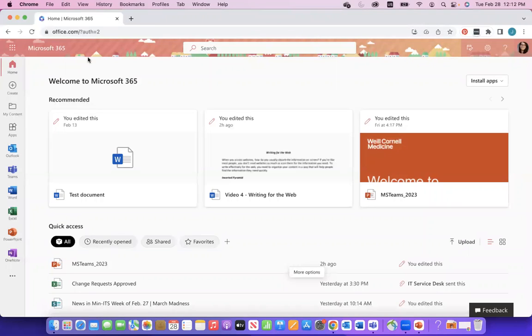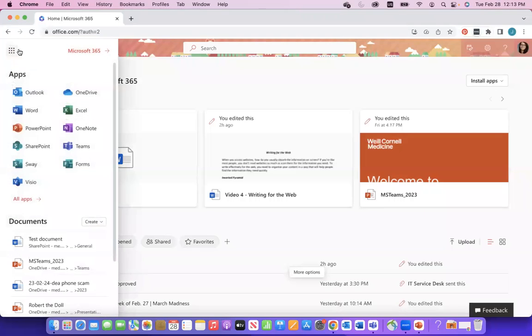But let's get started with the demo. So the first thing I wanted to show you guys is how you can access Teams. So I just logged into my o365.weil.cornell.edu website. Yours might look similar. You might not have a cute little pink border at the top. That's fine. You can if you want to later. But to access Teams, you could do it a few ways. You could find it right here in your sidebar, and you'll see the Teams icon, and that's going to launch the web version. If for some reason you don't see the icon right here for Teams, you can actually click this little icon here. I believe it's called a waffle icon.